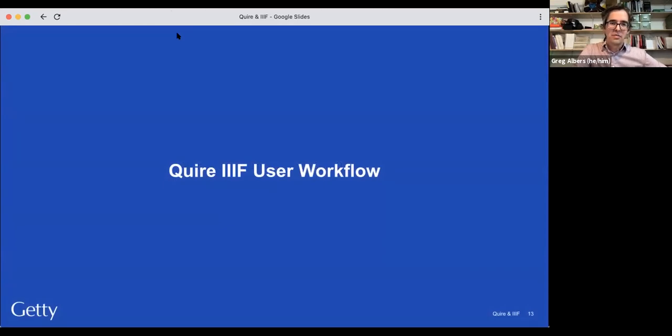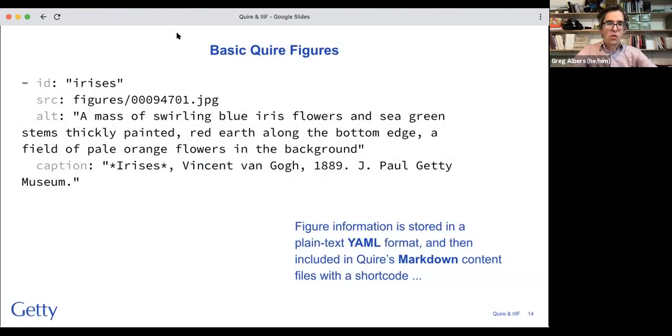So now I want to talk a little bit about the user workflow of how IIIF actually works for a Quire user in general. Quire is built around a static site generator, Hugo specifically. And if you're familiar with static site generators, typically the content and the data that you put into those is captured in Markdown for narrative, and then often a plain text data format, like in this case, YAML, for things